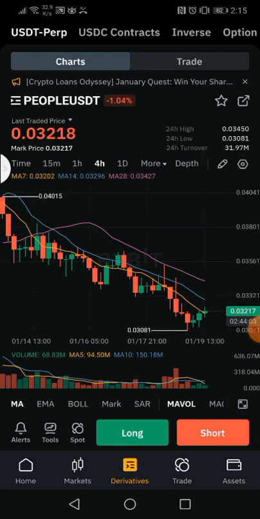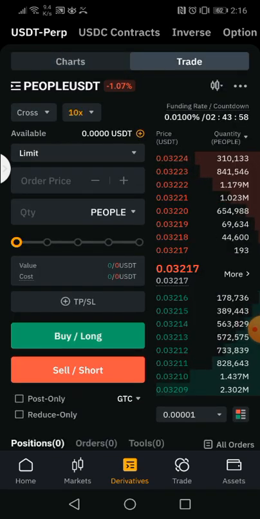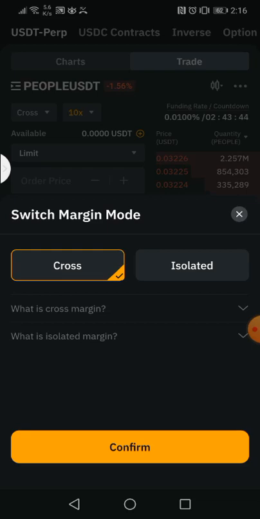You see now it's brought us to charts. You change from charts to trade. You are now here. So as normal, this on the right is your order book, like in other places, sure you understand. So what you're going to do now is set whether you want your margin to be cross or